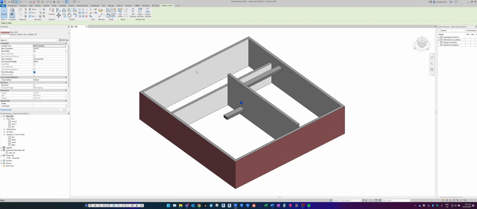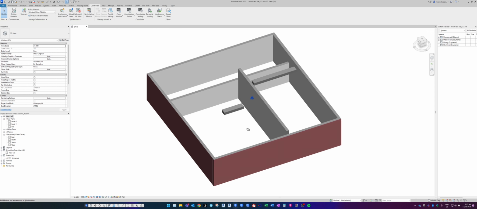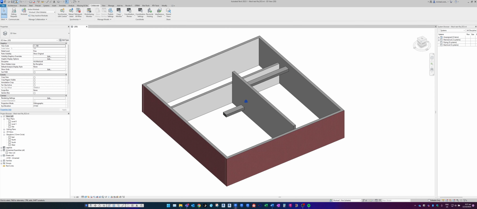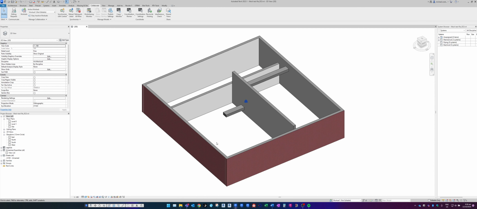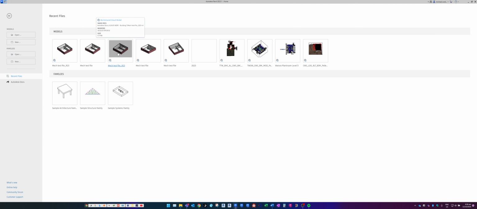We can see this has been successfully synchronized. Fantastic. The model now lives in BIM360, so it is no longer on my local C drive. There is a version on my local C drive of the model prior to any changes made once it was published to BIM360. Therefore, when it comes time to open the model, you will open the model via your Autodesk